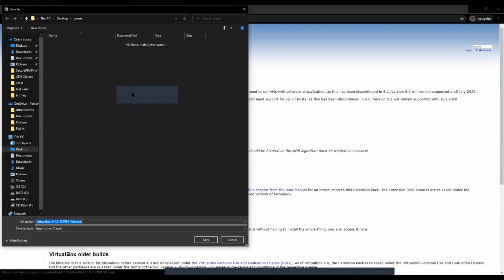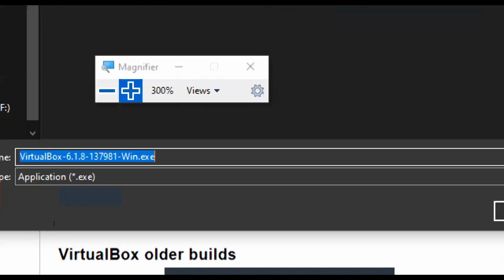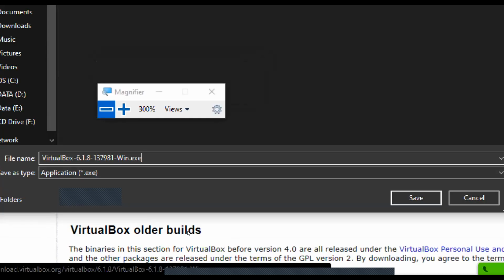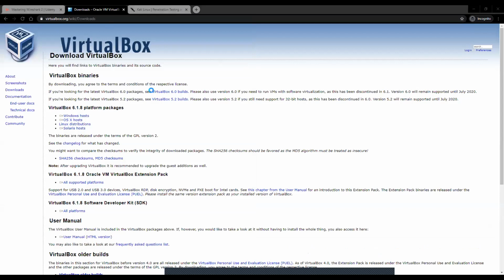When I do, it asks me to download VirtualBox, a .exe file, which is a Windows executable file. I'll simply click on save, and it will save an exe file. I'll show that exe file over here.